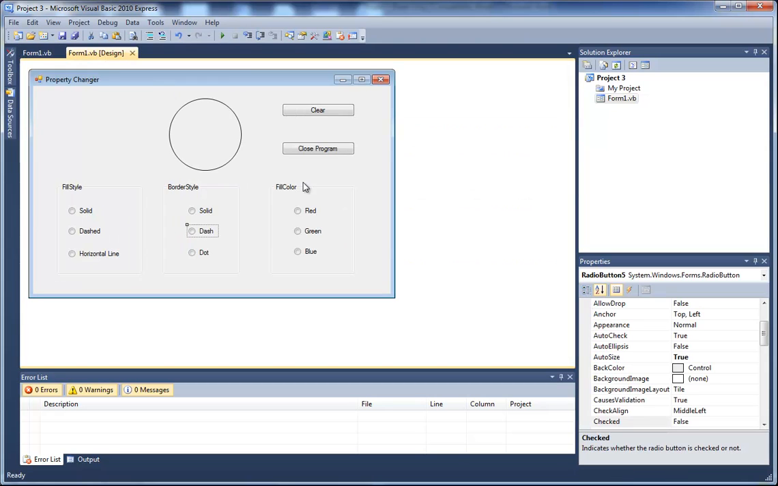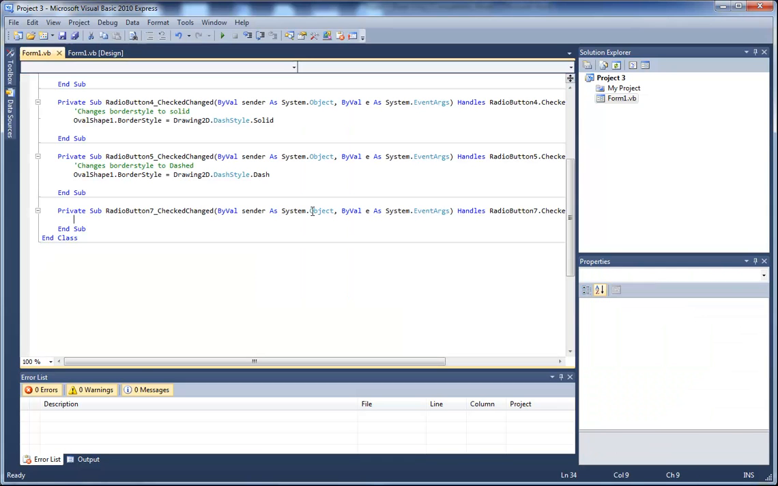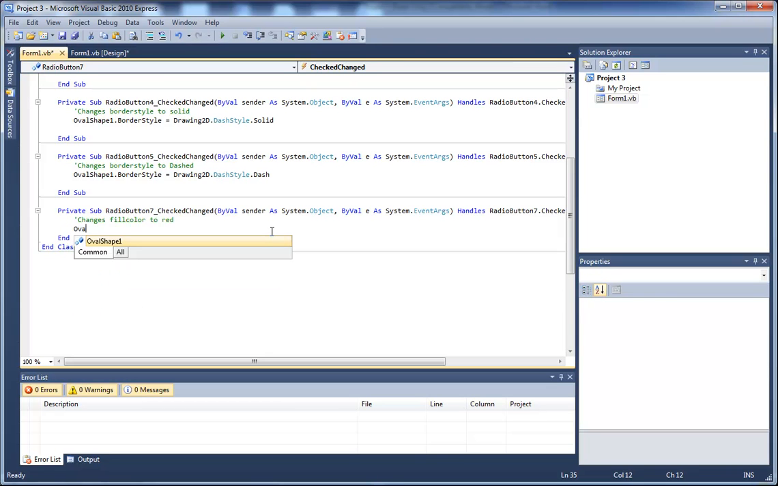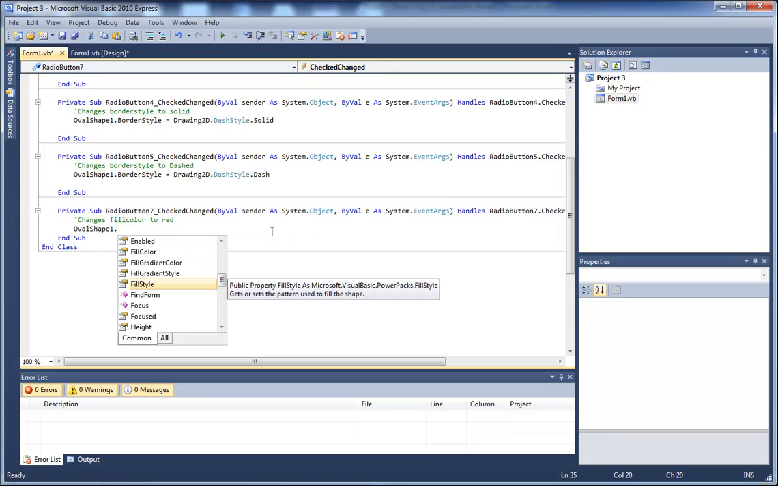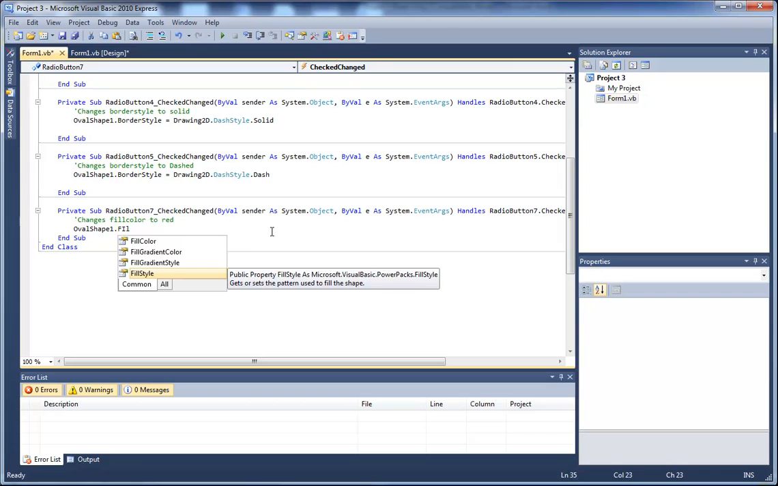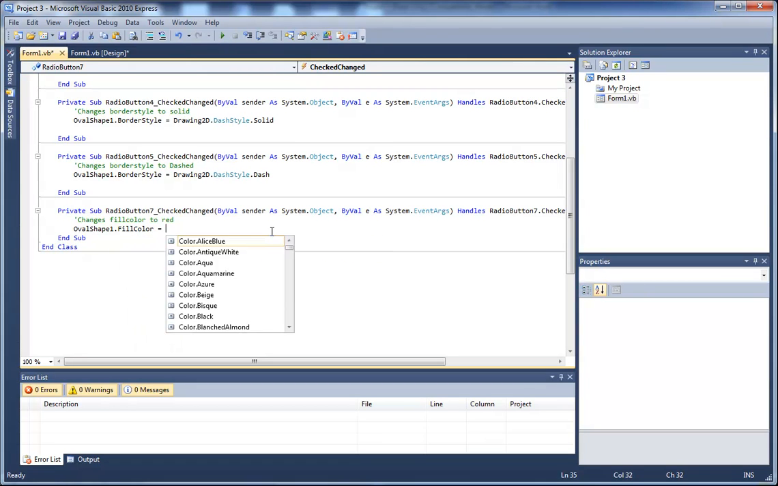The last little fill color is very simple. You've already done this before, but why don't we do one color? We'll do red. So if I double click on the red radio button and write a comment, changes fill color to red, and now write my code. So that was just a comment. That has nothing to do with the code. Oval shape 1 fill color equals red. So you can just go color.red,